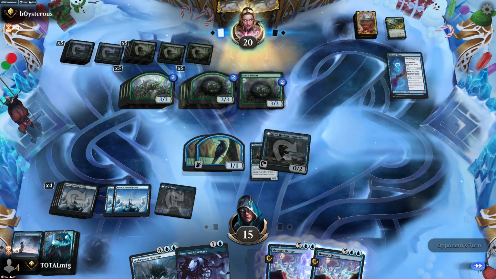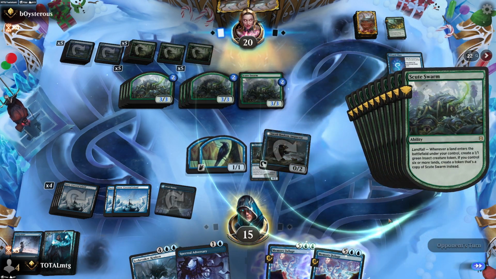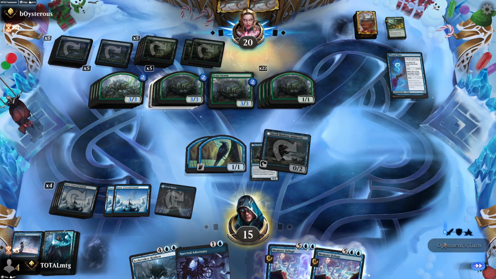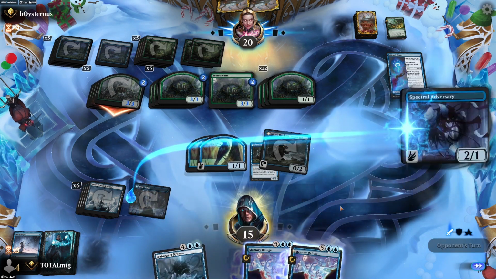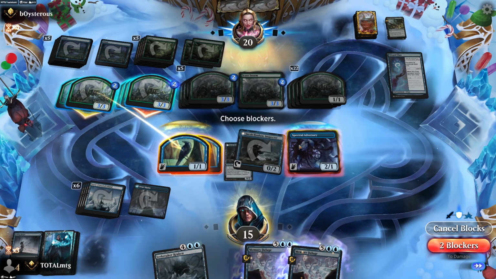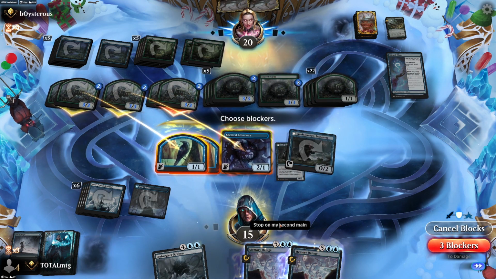Here we go. 2 more lands. They all get massive resolve. It goes a bit crazy. It does go a bit crazy. There's a lot of attacks coming in here. That would have been nice. Block. Block. Block. Take 6. What do we...